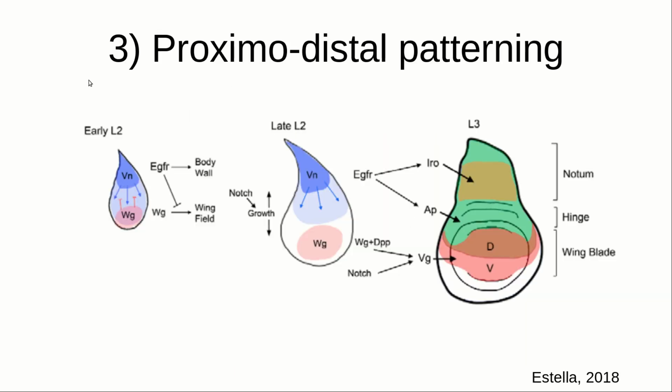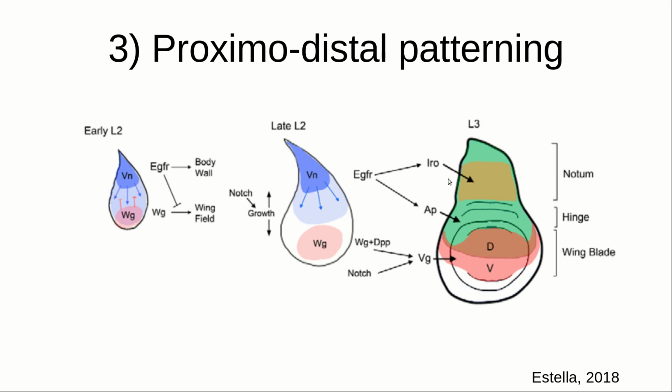After determining during embryonic stages which cells are going to be part of the wing, during larval stage 2, it has to be determined which cells are going to be part of the notum, the hinge, and the blade. There are two main pathways that take part in this decision, and these are the EGF pathway, which is epidermal growth factor, whose ligand is Vein and is expressed in a gradient coming from the most dorsal part. And so Vein binds to EGFR, which activates the expression of Homothorax or HTH,